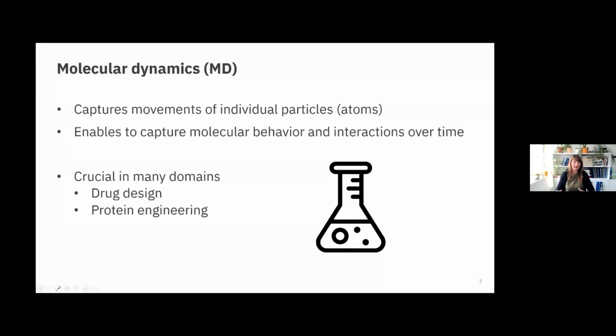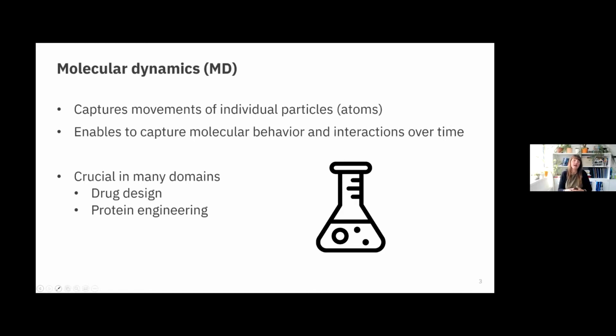But let's start with why these movements are important. I'll be focusing mostly on something called molecular dynamics. As you've seen in this video, it captures the movements of individual particles. In this case, these were atoms or some small molecules like these water ones. It captures the molecular behavior over time, and also the interactions of this protein structure with other molecules. These can be the waters floating around, or it can be a smaller molecule, a ligand for example, which enters the protein, and then some chemical reaction between these two